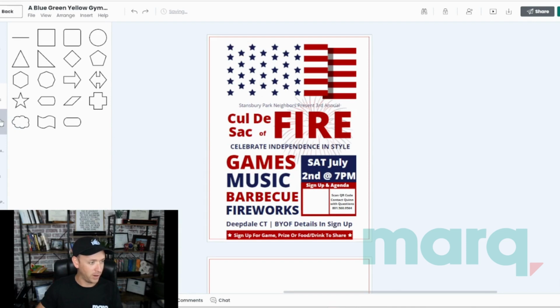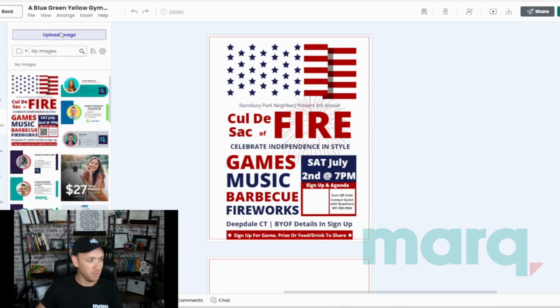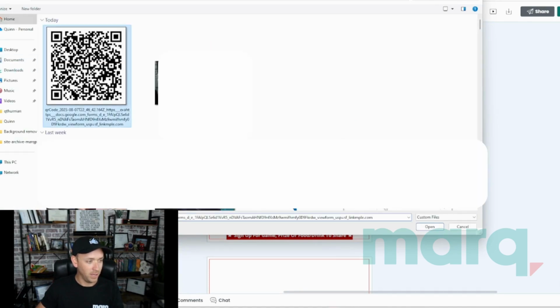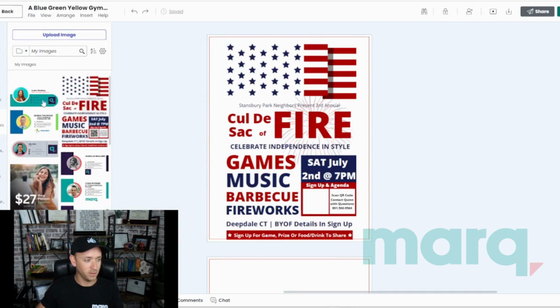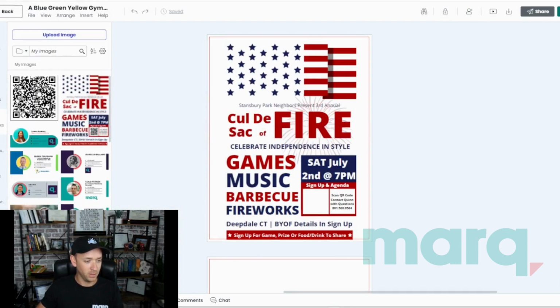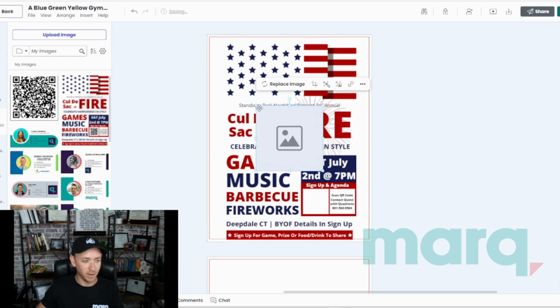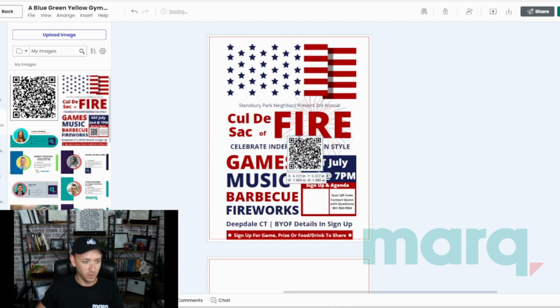So I'm going to go ahead and grab my images, upload the image, and there it is. We're going to go ahead and hit open. Double click that into my flyer, resize it for the space that I need. Just like that, I've now got a QR code for my print flyer to help physical reach digital with that